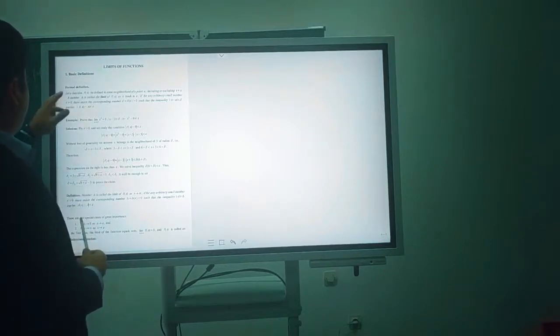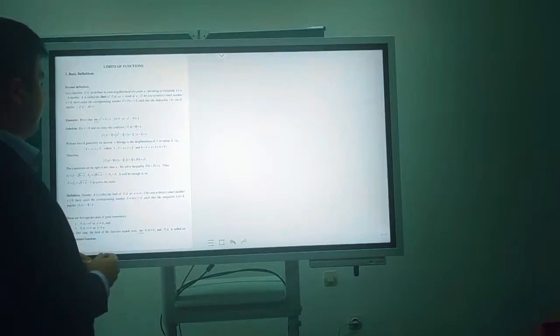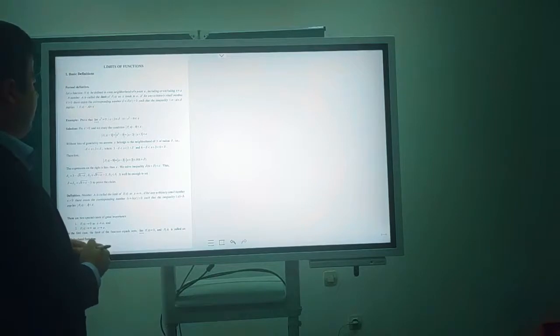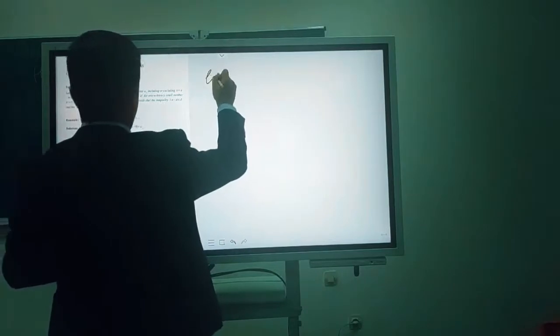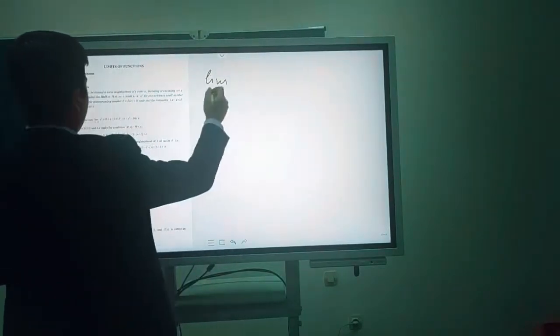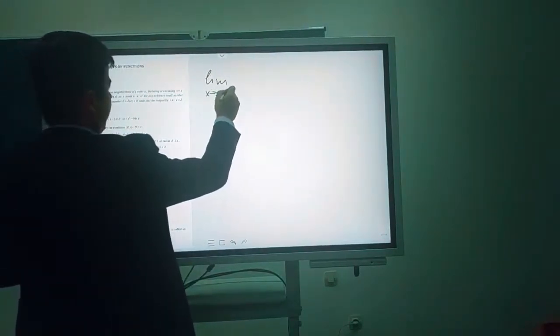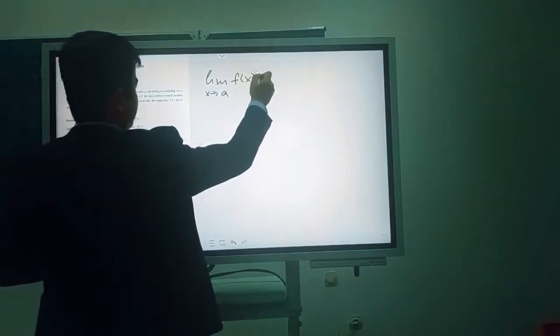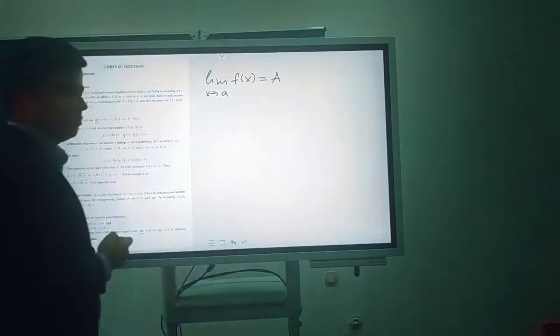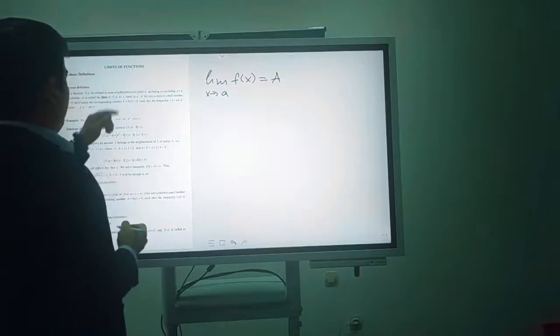Let a function f(x) be defined in some neighborhood of a point a, including or excluding this point. A number A is called the limit of f(x) as x tends to a, and we denote it by limit as x tends to a of f(x) equals A, if